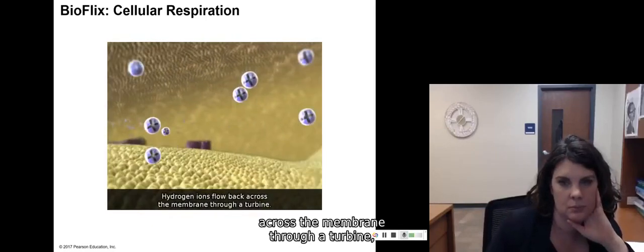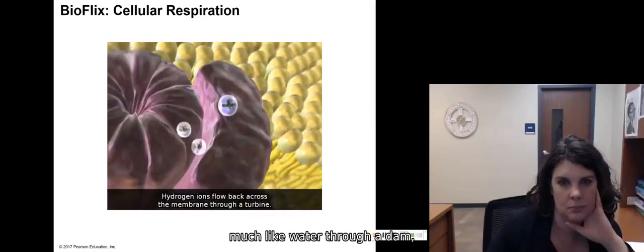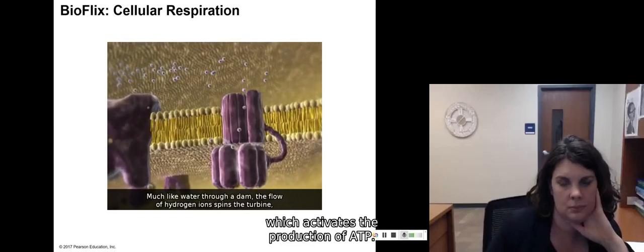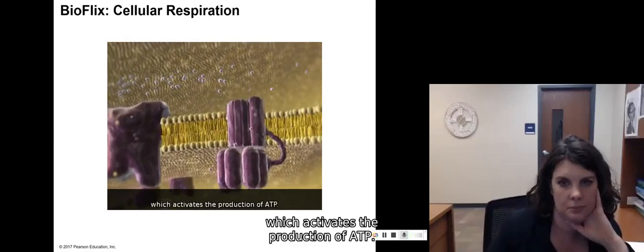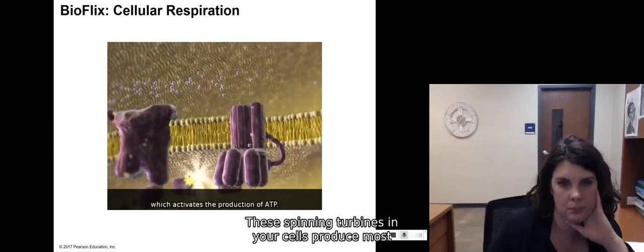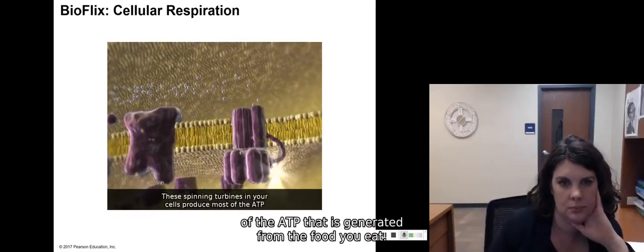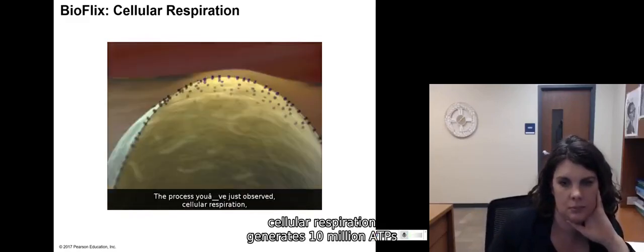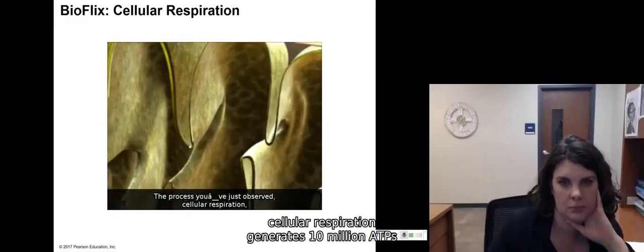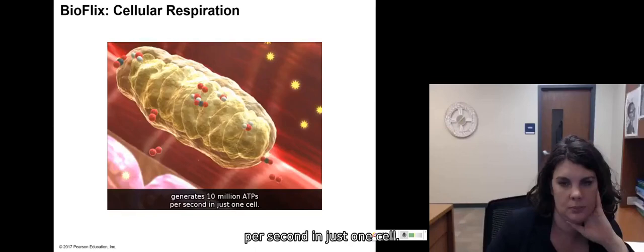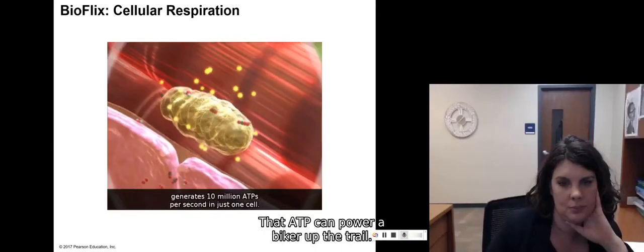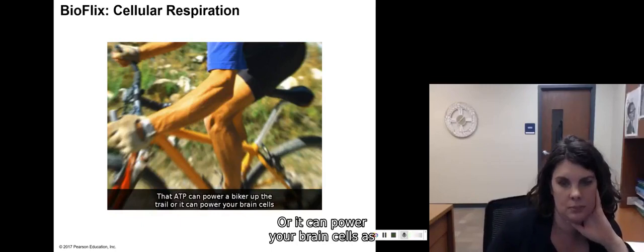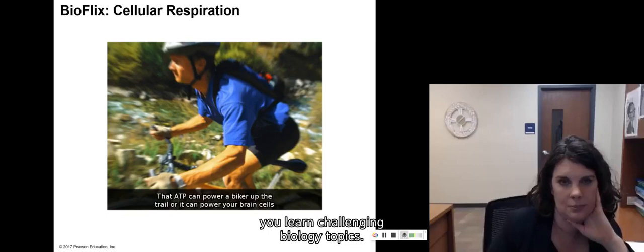Hydrogen ions flow back across the membrane through a turbine. Much like water through a dam, the flow of hydrogen ions spins the turbine, which activates the production of ATP. These spinning turbines in your cells produce most of the ATP that is generated from the food you eat. The process you've just observed, cellular respiration, generates 10 million ATPs per second in just one cell. That ATP can power a biker up the trail, or it can power your brain cells as you learn challenging